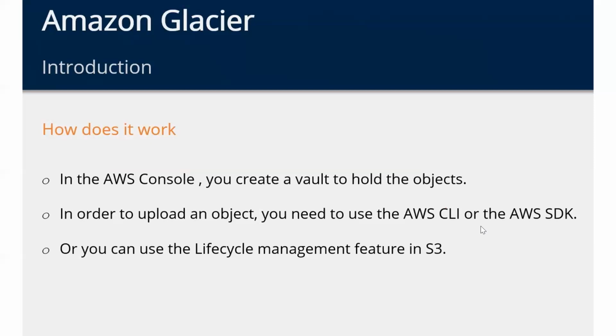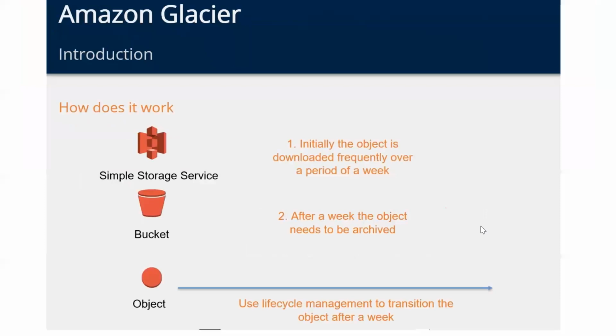Or programmers can write programs using a software development kit, SDK, to hit the database or the S3 bucket. Or you can use the lifecycle management features in S3. I'm not sure about it, I will get back on that. So for Amazon Glacier, you can access it through the console, the CLI, the SDK, or lifecycle management. There are several ways you can access that. But in this class, we are going to play with the AWS console. Okay, let's go to the next one.